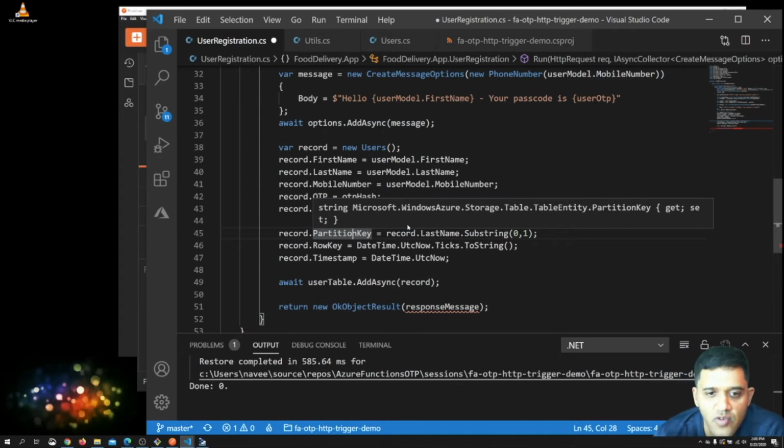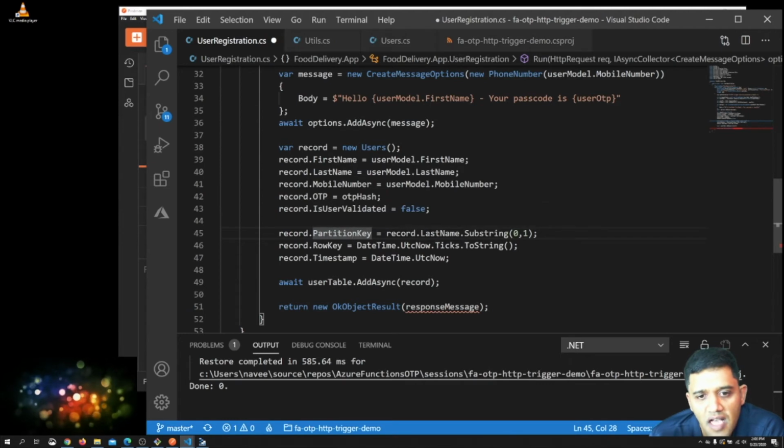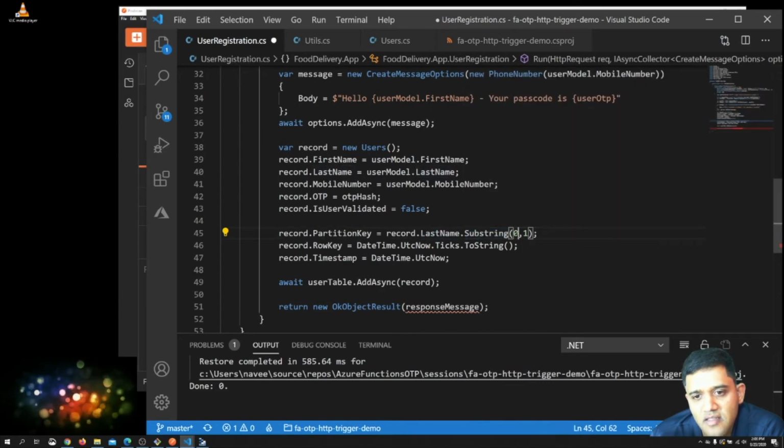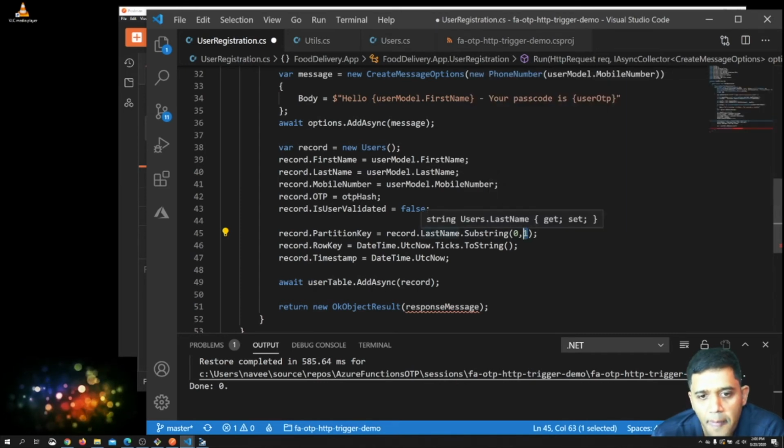In this case, what I'm doing is I'm using the first letter of the last name as the partition key. So I'm taking this last name, taking a substring. 0 means the first character, 1 means the length. So it actually pulls out the first character of my last name.